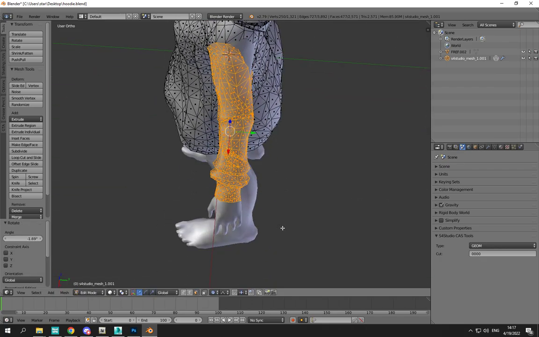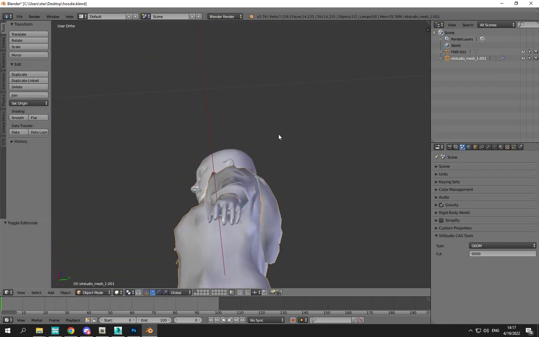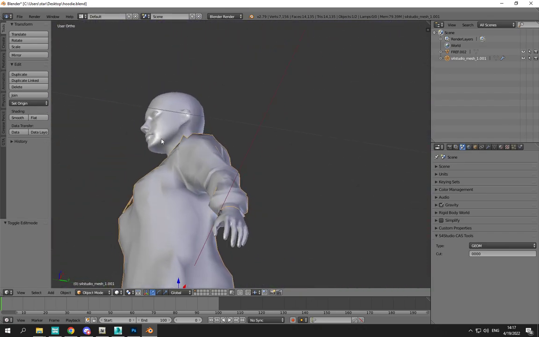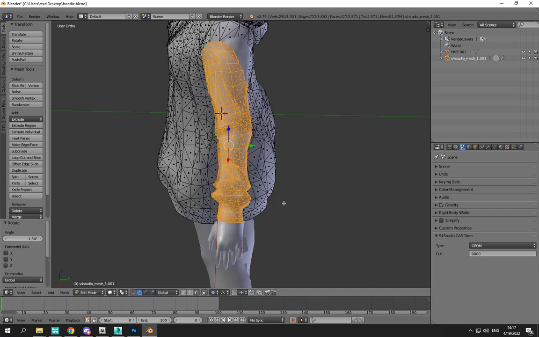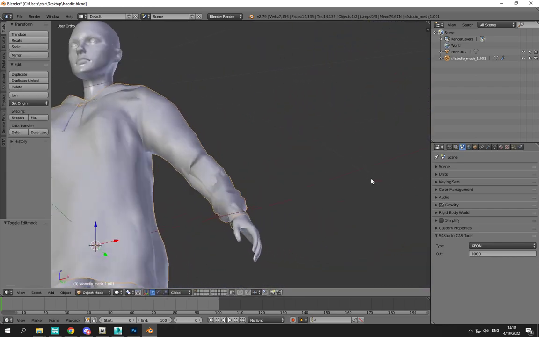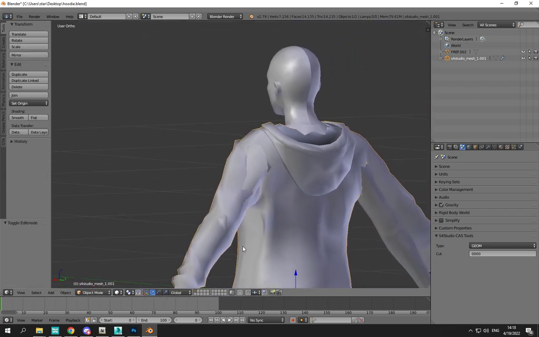Almost. Yeah, I think it looks good. No, it doesn't. A little more down here, a little bit down from here. Alright, so